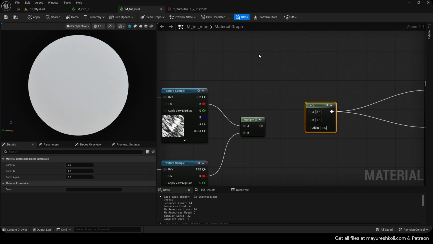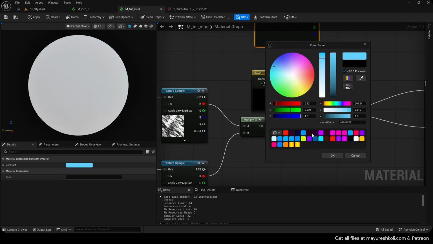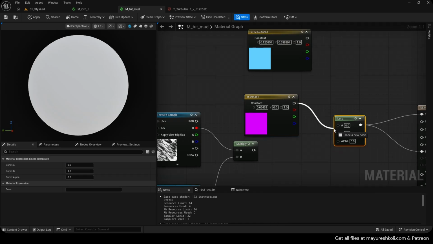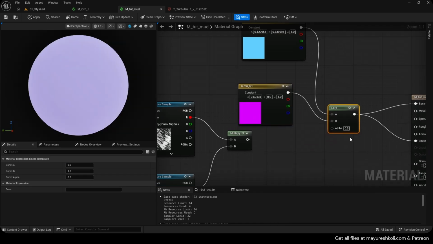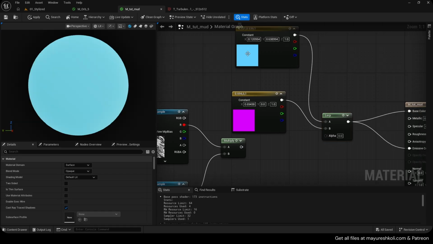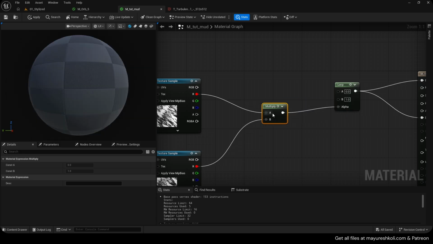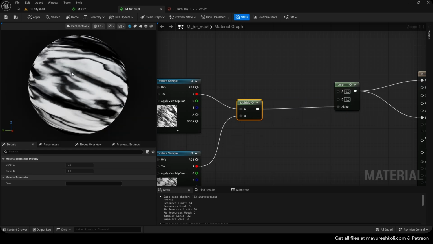And what lerp basically does is that if we have two colors like blue and pink, if I select them in A and B, if the alpha is 0, it will use this. If the alpha is 1, it will use this. If we do 0.5, it will be a mixture of both of them, like half of this, half of this. So when we provide it with the texture, we are basically providing it with 0 and 1 values at